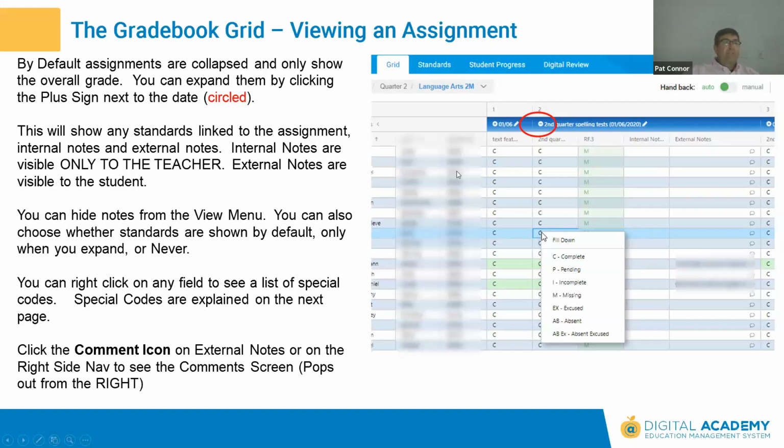Some people want to target standards and mark that they're assessed, but they don't actually want to grade it, and you don't ever want to see the standard, so you could hide it. And then internal notes and external notes. External is what the student sees. Internal is for you only. Those can be turned on or off. So I think when you saw the demo, they were both turned off. I had to go and turn on external notes. The view menu was hiding them. But this is the comments that the students see. This is feedback for the students. So generally, you're going to want to have that on